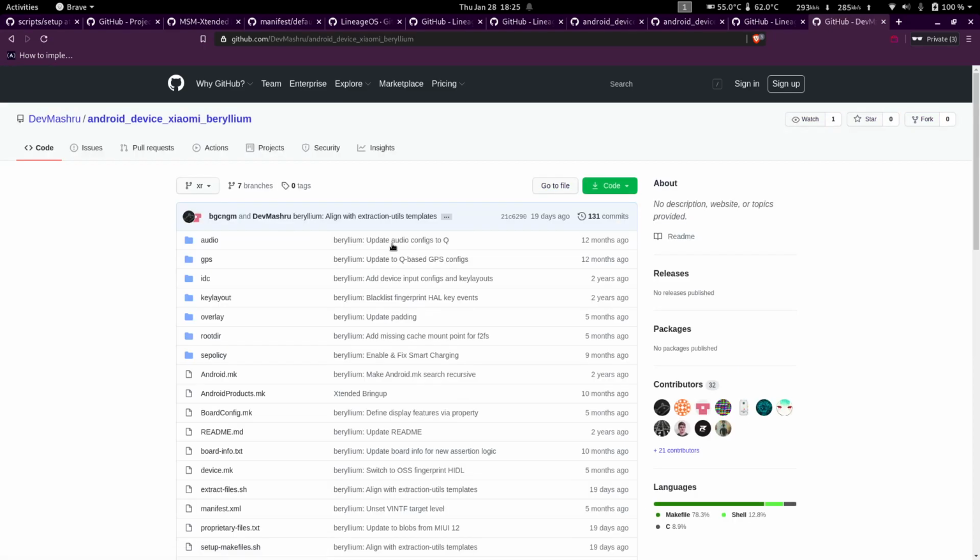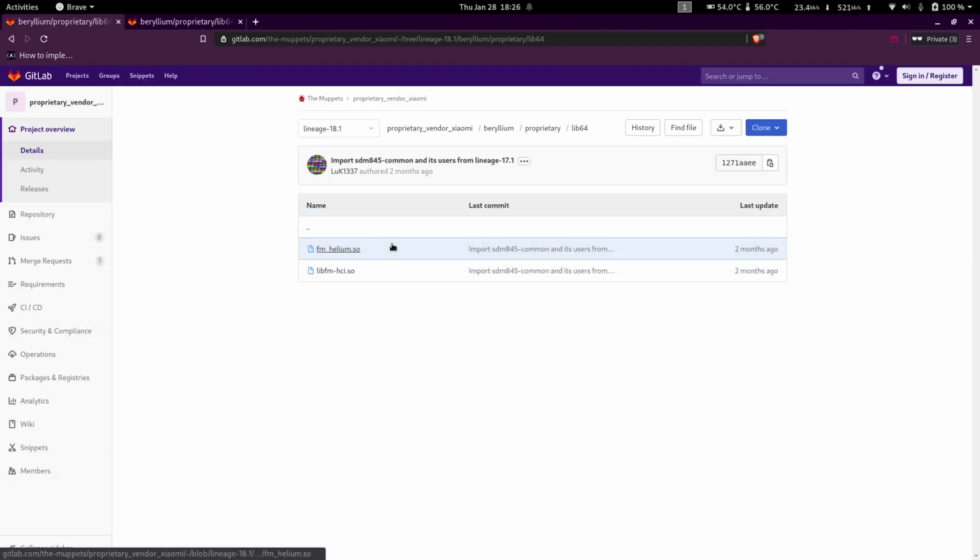Then there's the kernel tree, which basically has the whole source of the Linux kernel, which the phone ships with, or you would like the phone to ship with. And lastly, there are vendor trees that contain the proprietary pre-compiled binaries that ship with your phone. So these you have to extract from the stock ROM of your device. So you cannot compile these.